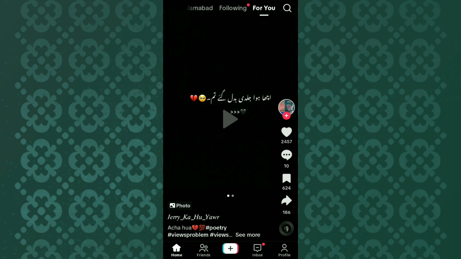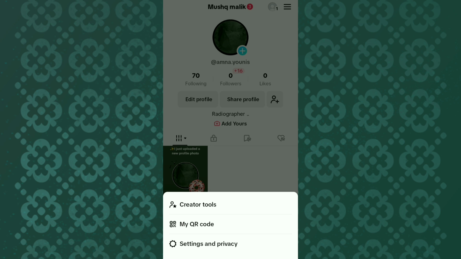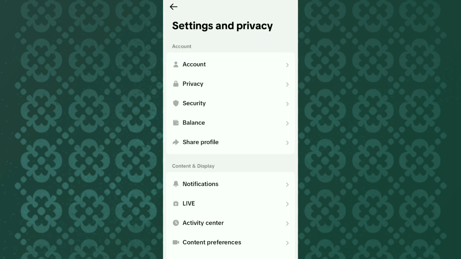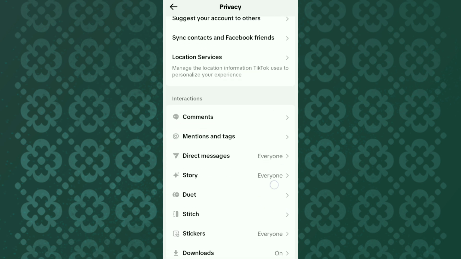Click on the profile. When you click on the profile, this type of page will appear. Click on the three lines at the top right corner and click on settings and privacy. This type of page will appear. There is an option of privacy. Click on it. Before this, just make sure to watch the complete video and follow each step carefully